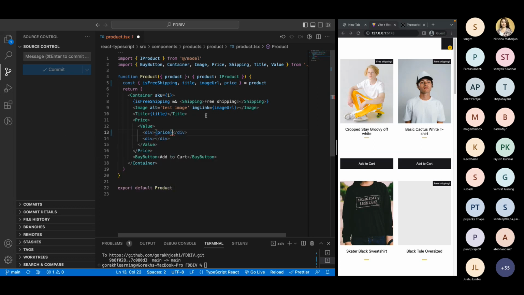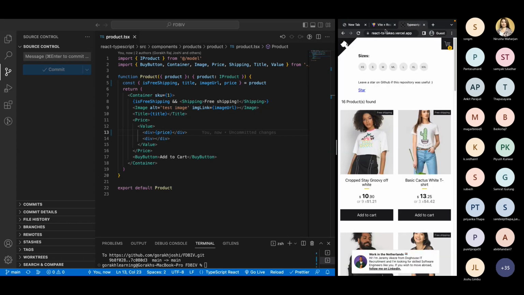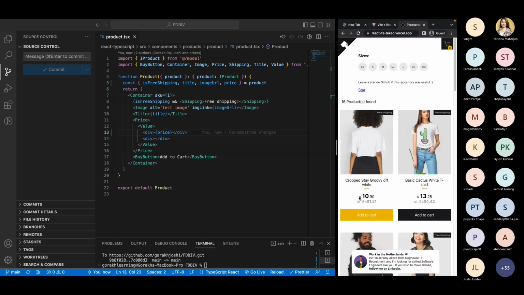But if I just write price, it will give me something which is not that aesthetic in look. But if we see here, the price is formatted in a nice way. The dollar sign is a little bit smaller. The price before the decimal is a little bit bigger, the price after the decimal, and you can see the formatting here as well